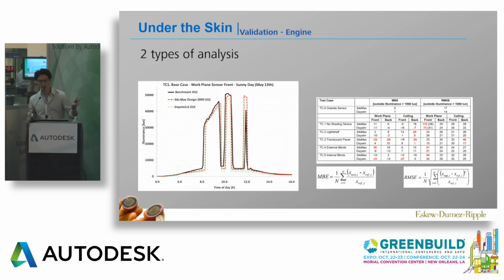So they really broke it down into 2 different things. They have these daily profiles, which is the graph on the left, where they're looking at the measured value versus the simulated value, so they can get a visual correlation of what's going on. And then all of those data points feed into a more robust analysis, which is mean bias error analysis and root mean squared error analysis, which is really just 2 different methodologies that try to quantify the magnitude of error. So they plug all those 60,000 points into these equations, and they get values that they can then use to quantify it. So we won't get into it any more than